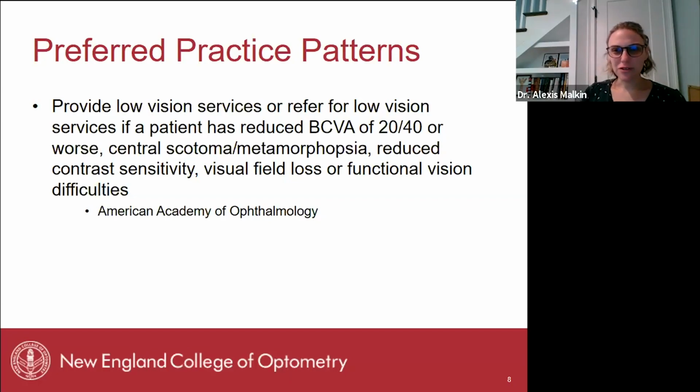So this is the first time that I started to see the Academy of Ophthalmology really emphasizing something beyond acuity and also starting at that mild level of acuity loss. When I first started practicing low vision, and obviously I haven't been practicing that long, I graduated only 12 years ago, the mentality was very much to refer at the level of legal blindness. And we know that patients at 20/40, 20/50, 20/60 really do have functional difficulties,